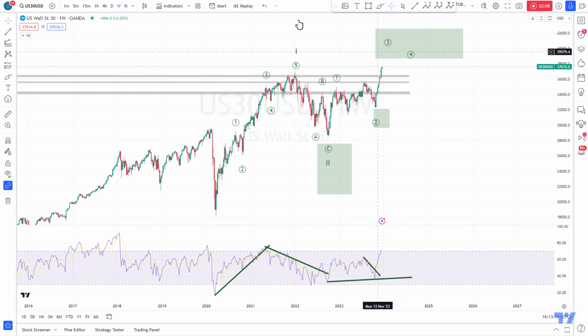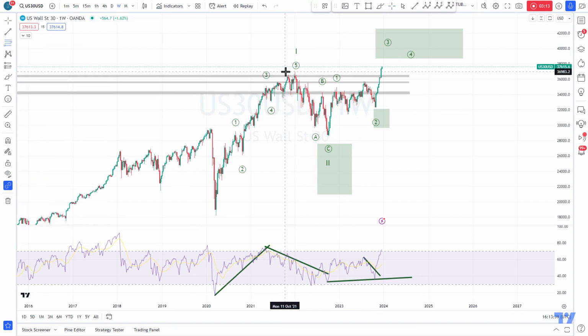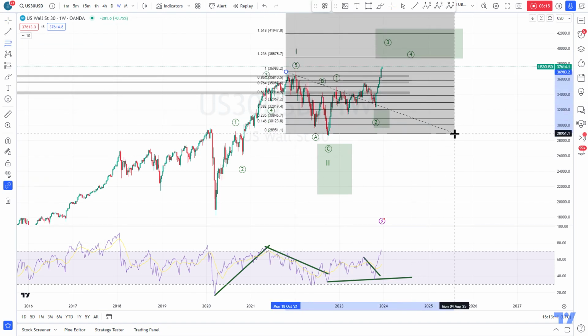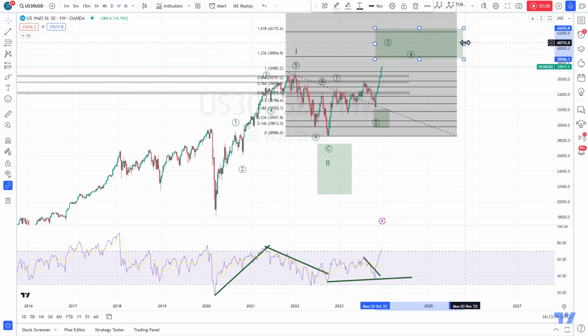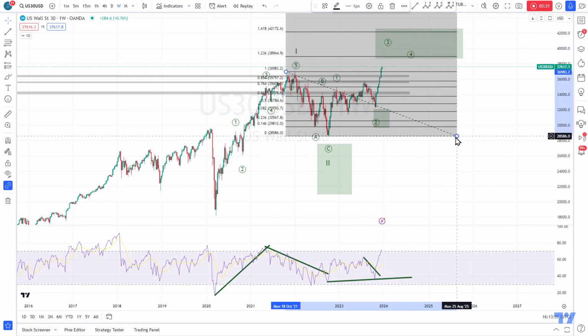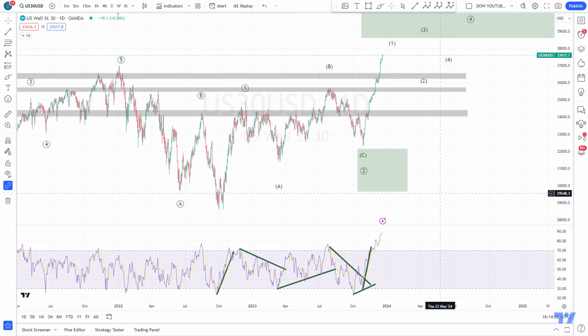If the bearish scenario would play out, then what I would like to see is that this wave B does not go beyond the 1.236 Fib extension, and actually this nicely coincides with the area we are having here, or wave 3 area. So then if we go to the daily, here this move up, so it was already clear